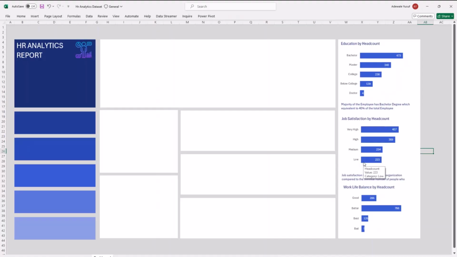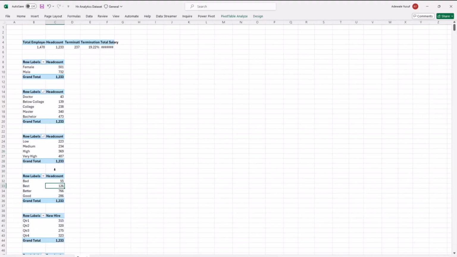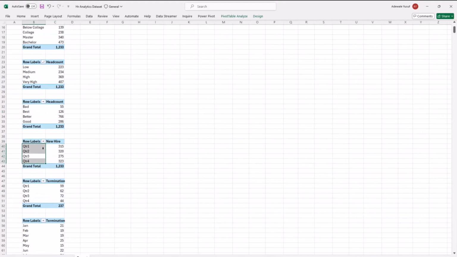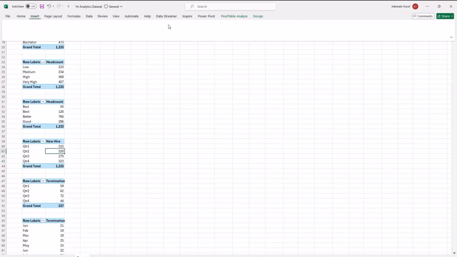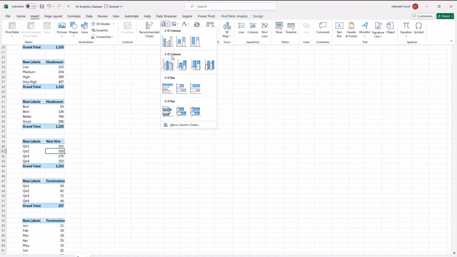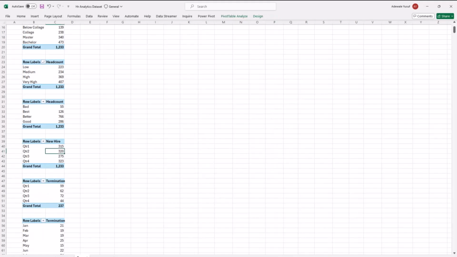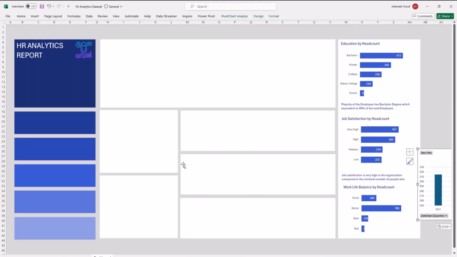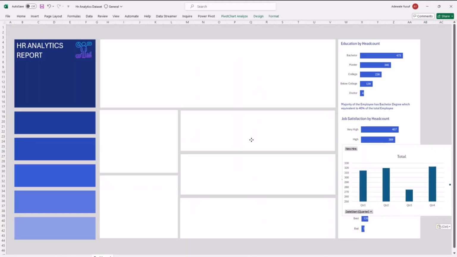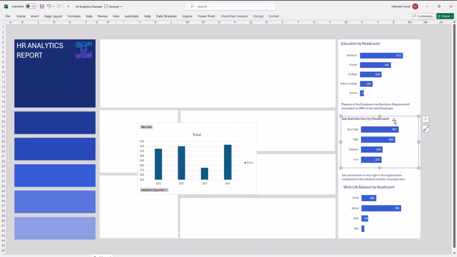Once you've successfully created this option, the next one we want to create is these two here. These two here are about the quarters, right? So when I go here, I want to put those quarters here, which is this one. I'm just going to go to insert, and in my insert, I'm using this chart here. So I'm going to copy it, go to my dashboard. Because this chart is a little bit different from the one we have, let's see if we copy our chart, probably it's going to work for it. Yes, I think it should. So I'm going to paste it.